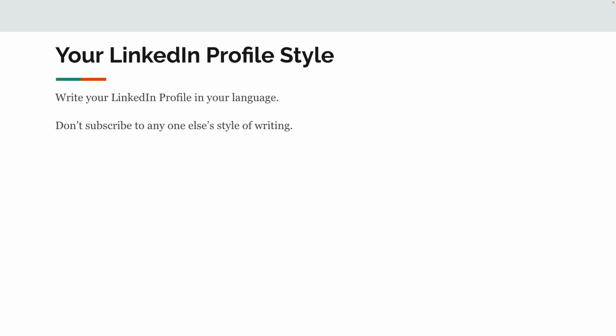Just because someone else is out there using bullet points and maybe emoticons in their LinkedIn profile, if that doesn't resonate with you and the way you speak, then don't use that style. Use the words, the tone, and the level of formality that you would normally use in conversations with other humans. Show your personality.